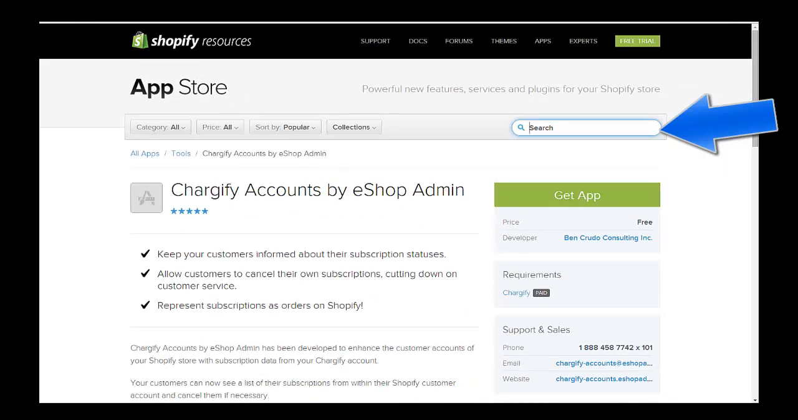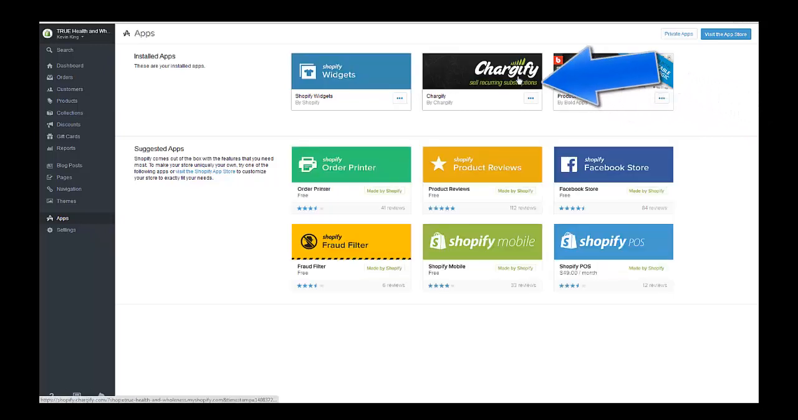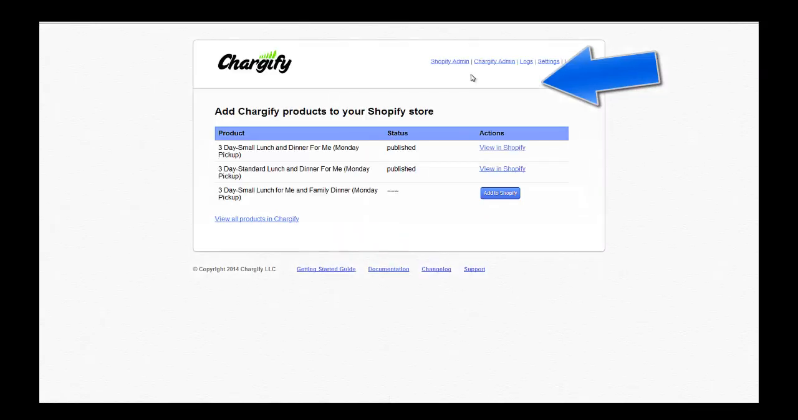So let's go back to the store. I'm just going to close up Chargeify, which I had open. So if you go back to the store, and for you, once you've installed the app, you'll just do a refresh, and then Chargeify will pop up in your apps once you have installed it. So now you can just click on Chargeify, and there'll be a couple things you have to do to set it up. But let's go to